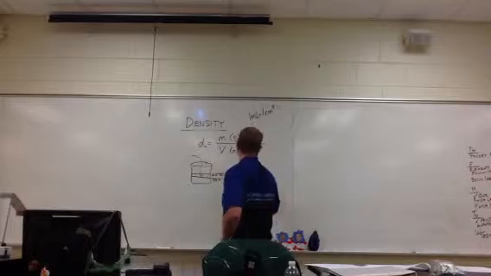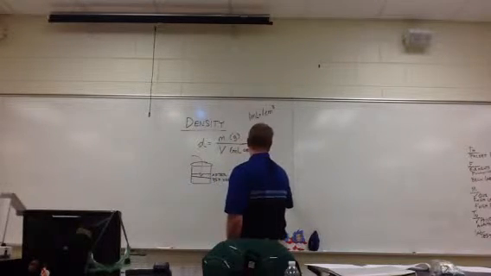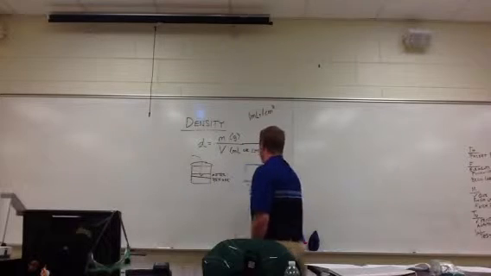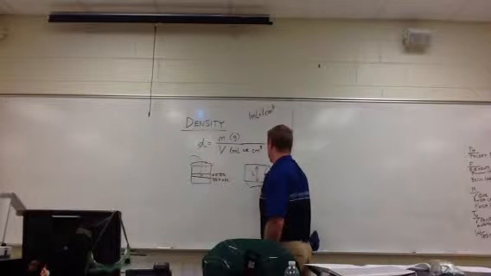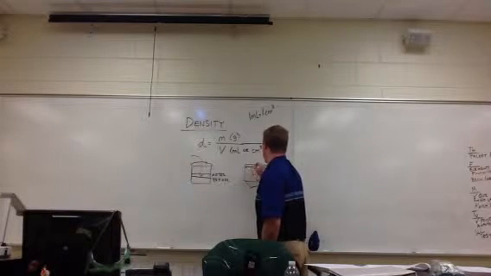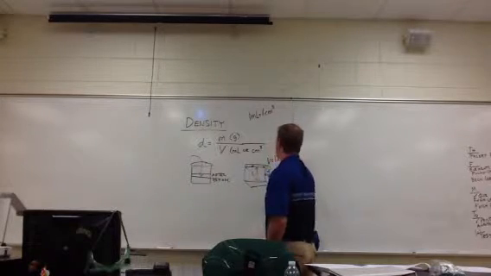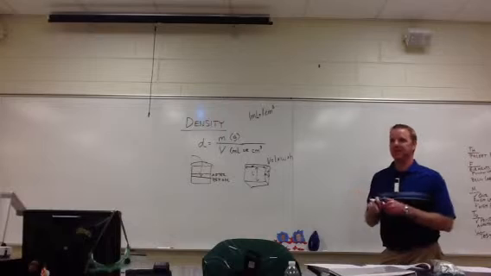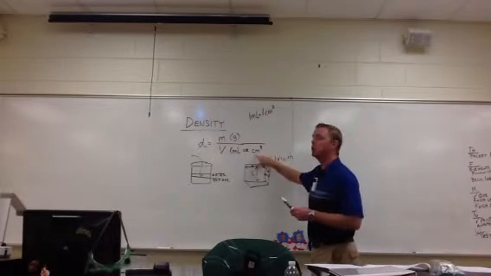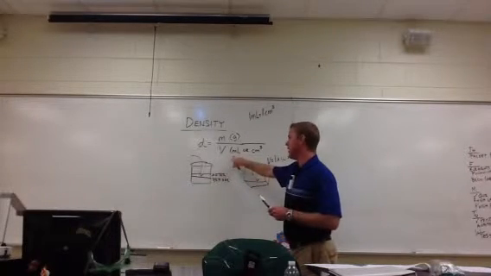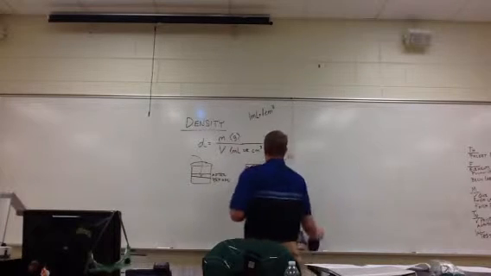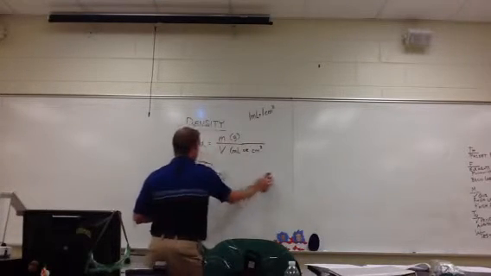The other thing I can do is I can take an object, and I'm not the greatest artist in the world, but we can measure its length, its width, and its height, whatever you want to say. Do you guys agree with me that volume is equal to length times width times height? I think you guys have heard that. And that's where the centimeters cubed comes in. So this one would be centimeters cubed. This one would be volume in milliliters, volume displacement.